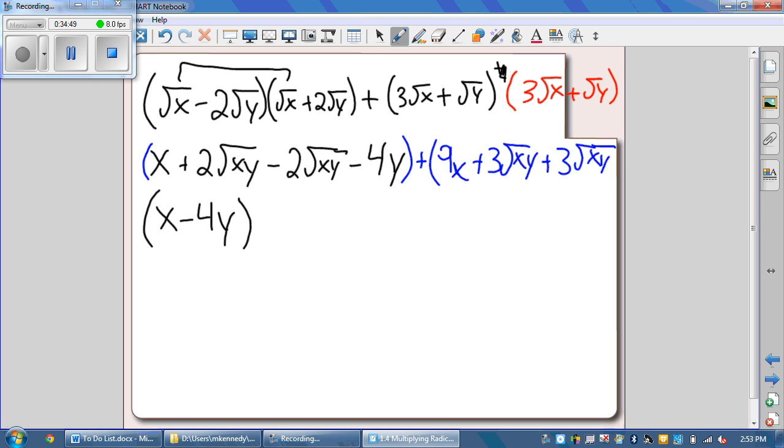You simplified this properly. You recognize that 9x can't simplify with anything. The y can't simplify with anything, but the middle two can. 3 root x times 3 root x. So you guys got really good and got to this point where it was 9x plus 3 root xy